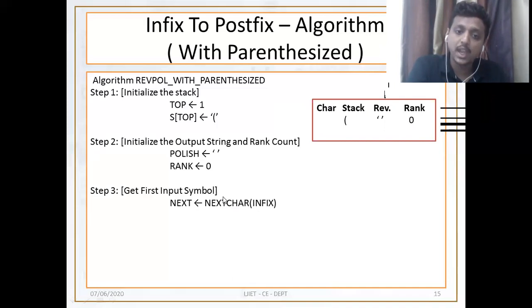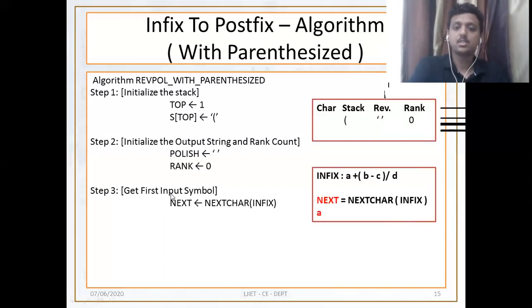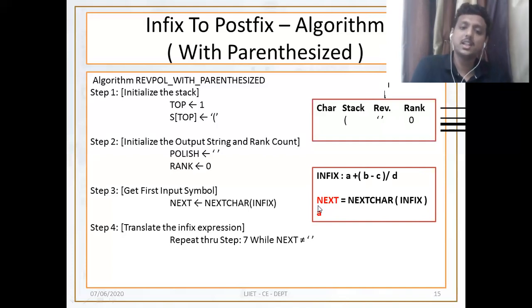Here is my infix string. I am calling next is equal to next character of infix. What do I get? A.